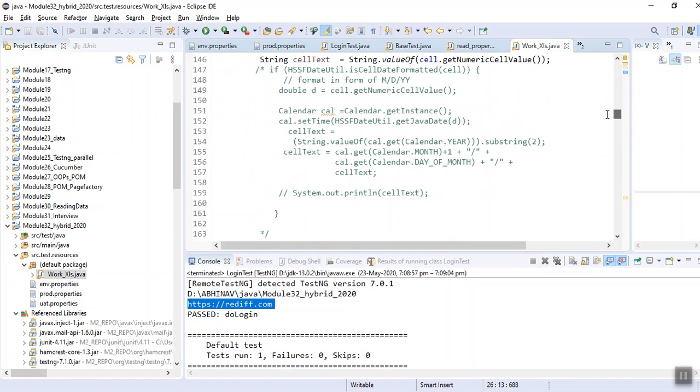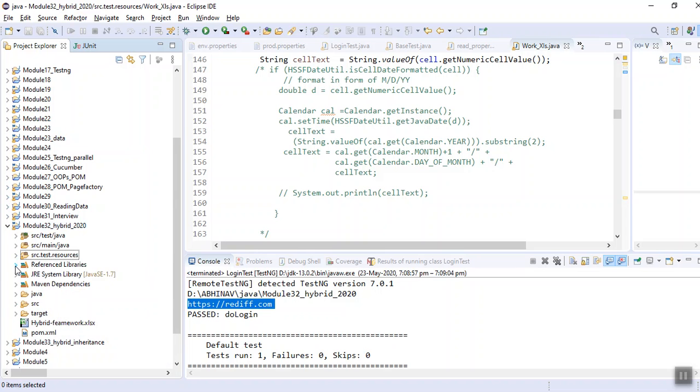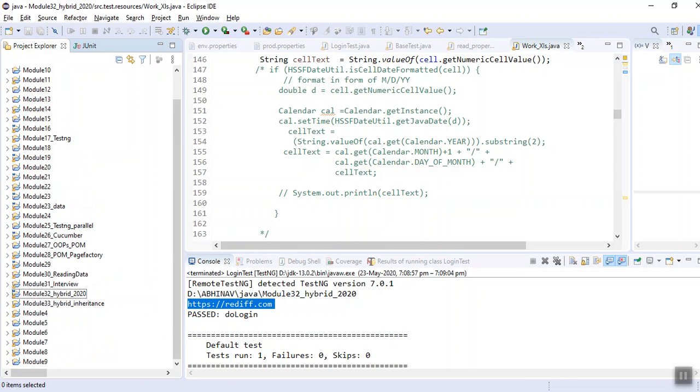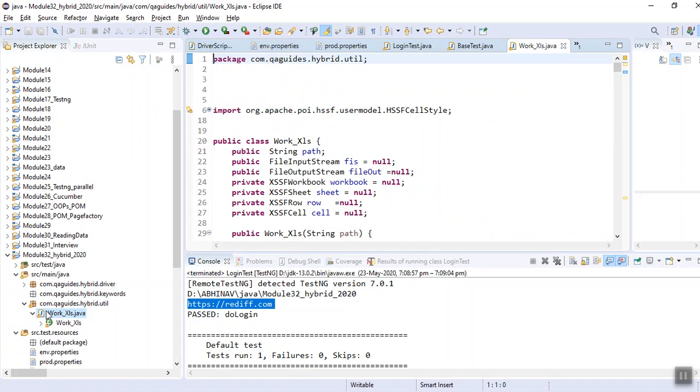I would suggest you just go to my reading data. You will understand how to read data from an Excel file. It will be better for you. Thanks. Let's continue. But what I suggest, keep this Xls_Reader in your util project. This is the best practice. I'm keeping it here. Delete it from here. Delete this default project. Keep it here. It is the best practice. That util should have these xls files.